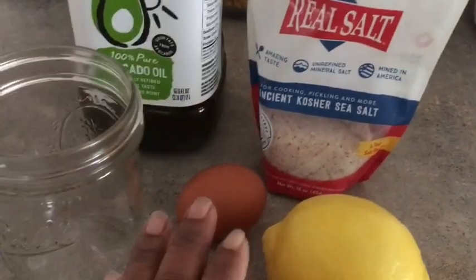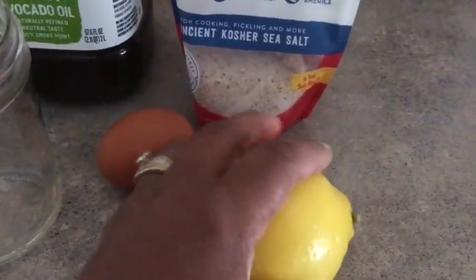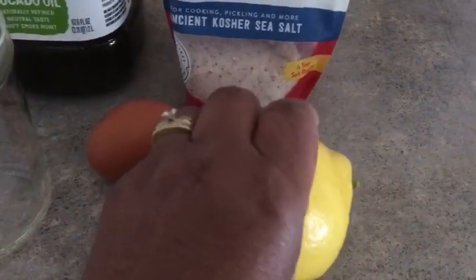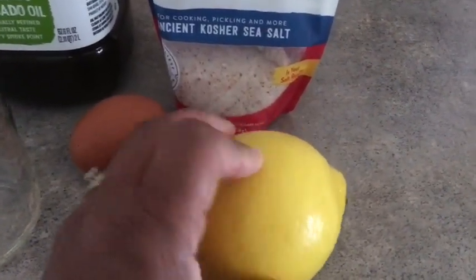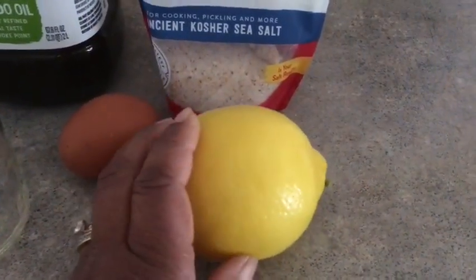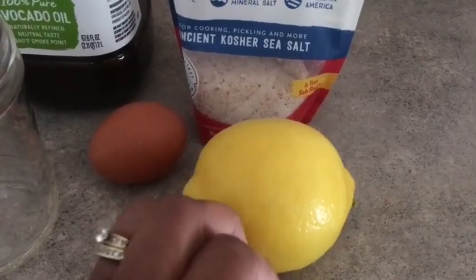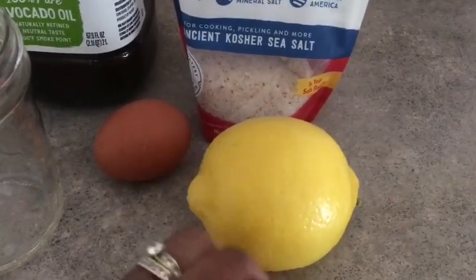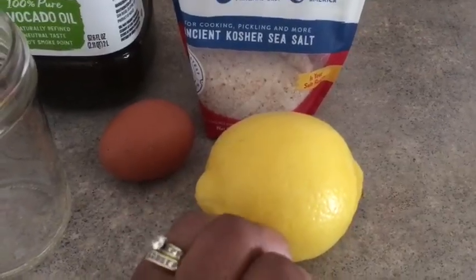Salt, eggs, and my lemon. Now I will say this lemon almost feels like it absorbs some of the water. It's kind of squishy, so I don't know if this is gonna work or not. If it doesn't, I guess not. Or I have bottled lemon juice. She used fresh lemon juice in her recipe, so we're gonna see if we can go with that. So I'm going to set up the tripod and hopefully it stays put,